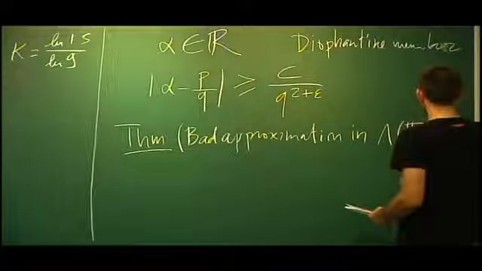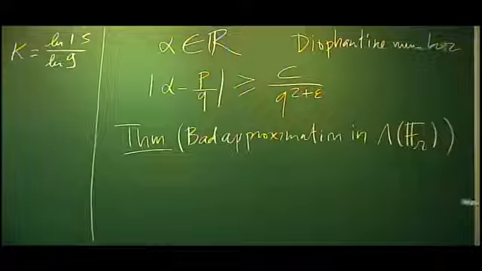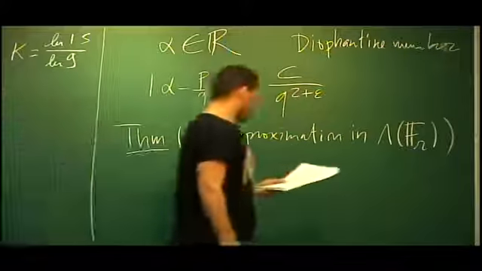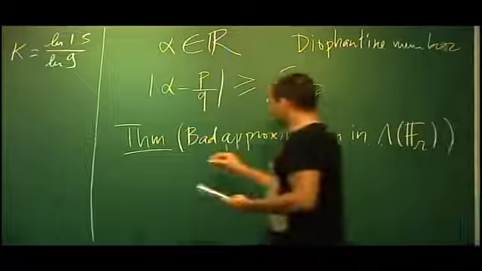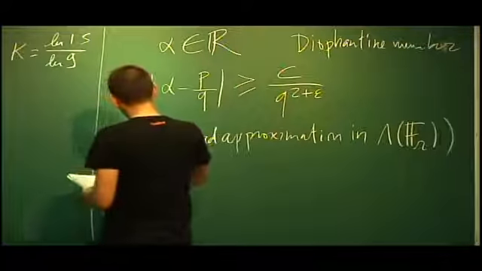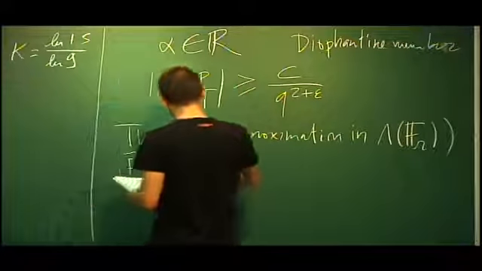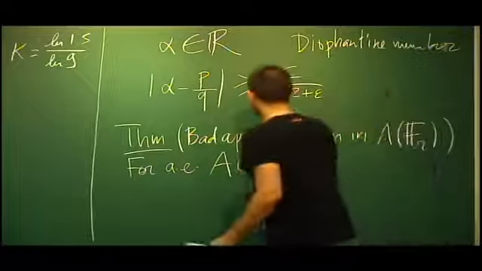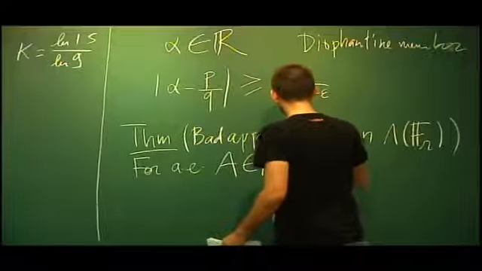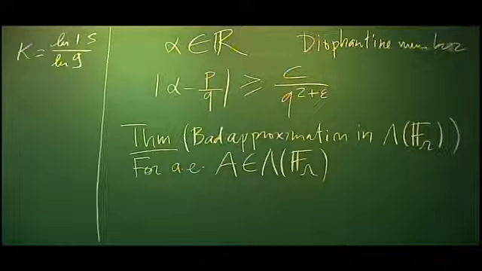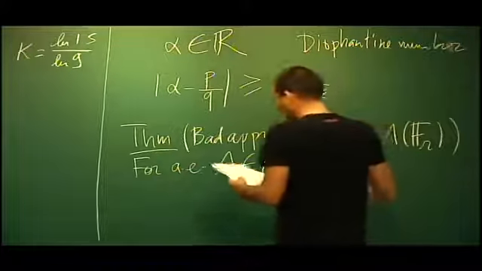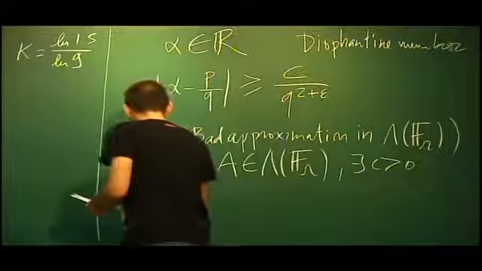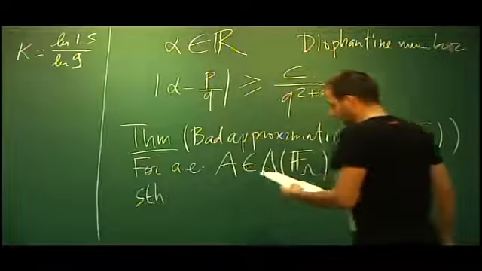So in fact, it is also true if you replace the free group by any group. But we will do that for the free group. So, for almost every A, a representation of the free group, there exists a constant such that if